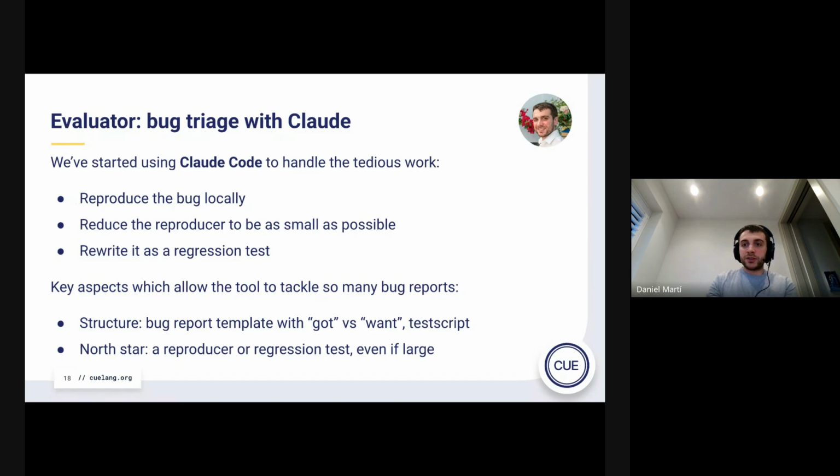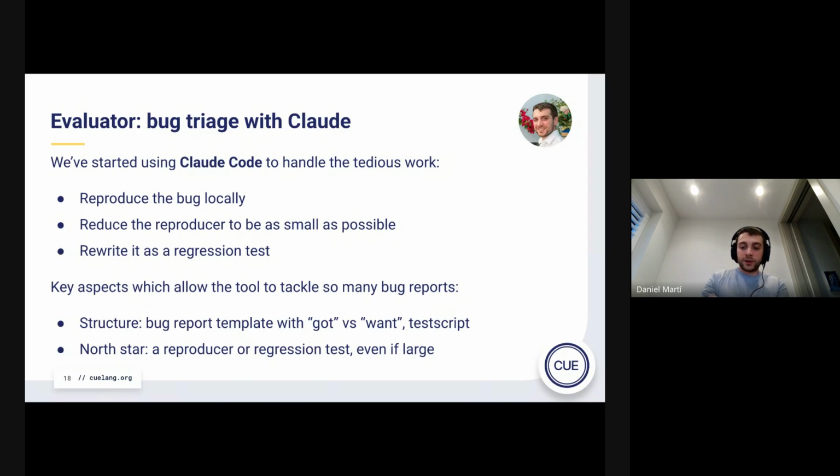And I'll also briefly mention that we have started using AI to help with this a little bit. And I will emphasize that it has been really helpful with the tedious part of dealing with all of these issues, especially bug reports. Because if you think through the amount of time that I used to spend dealing with bug reports, the vast majority was before we look at a fix, right? The typical example is somebody says, hey, I have this Q project and it doesn't do what I expect. And the number of lines that I'm looking at initially to have a reproducer is likely in the thousands of lines, be it Q or Go.